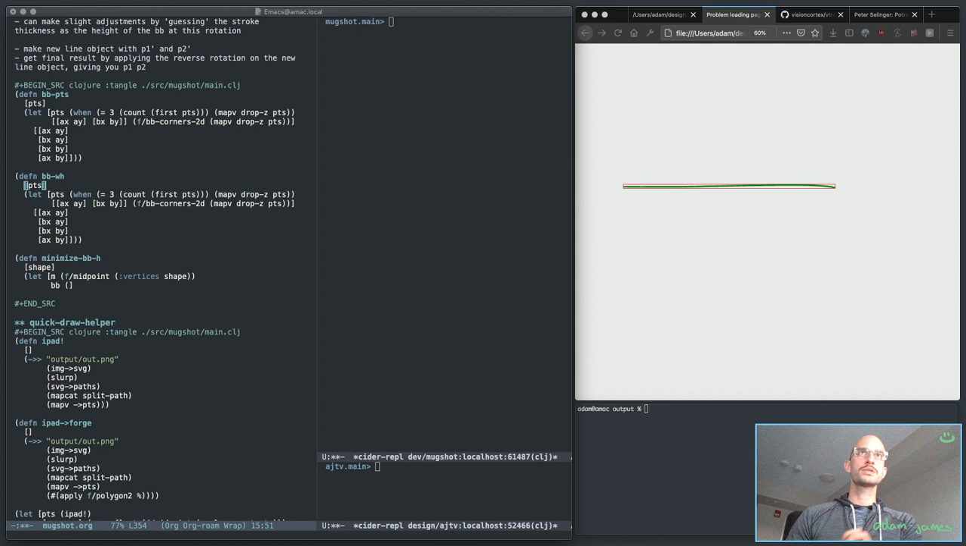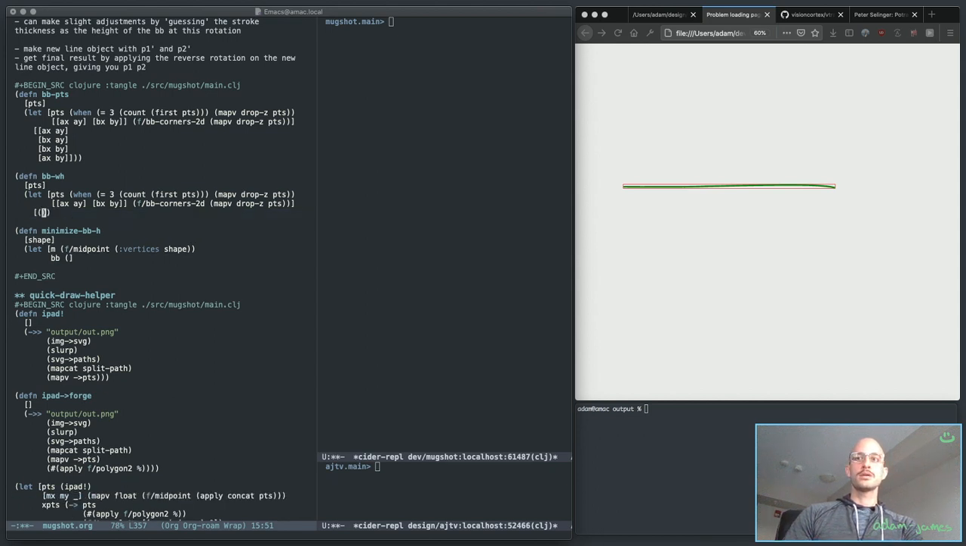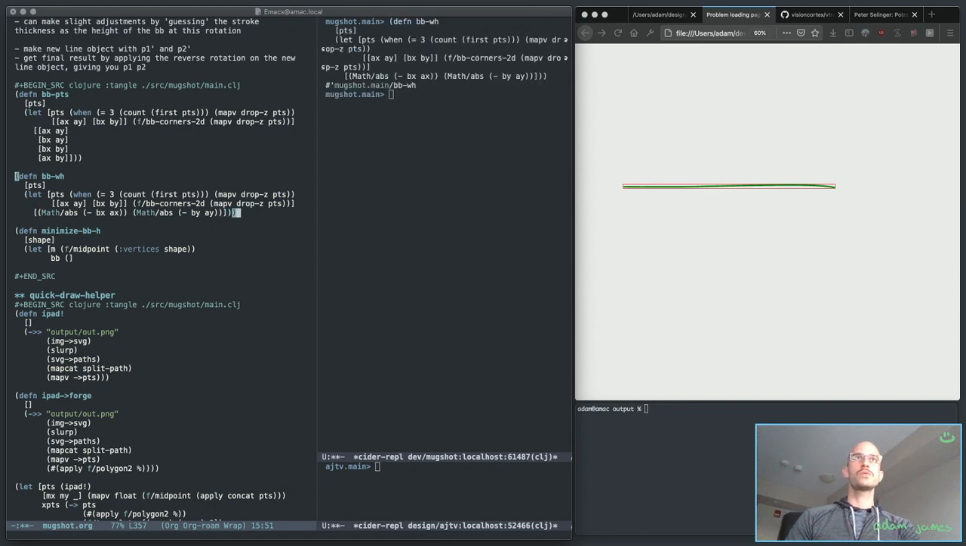Given a set of points, determine what the width and the height are, which is actually just going to be math abs bx minus ax, math abs by minus ay. Does that make sense? I think so. I think it does. Okay, so